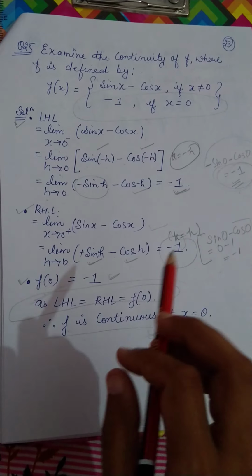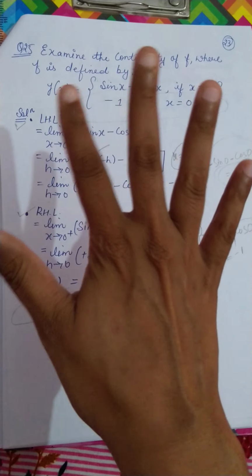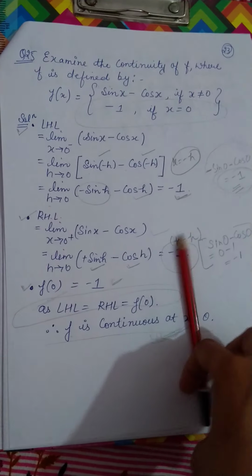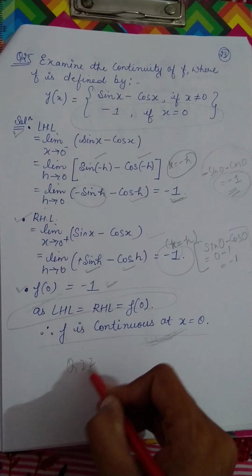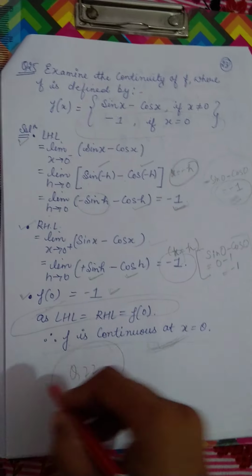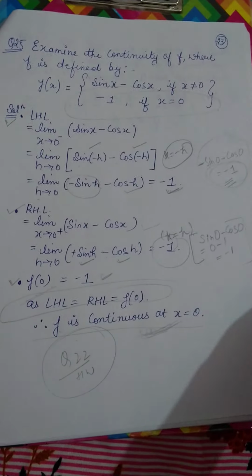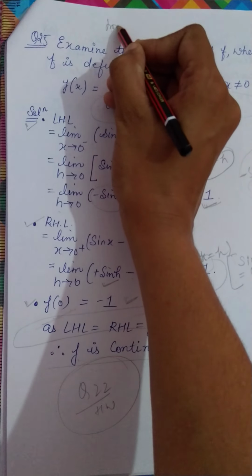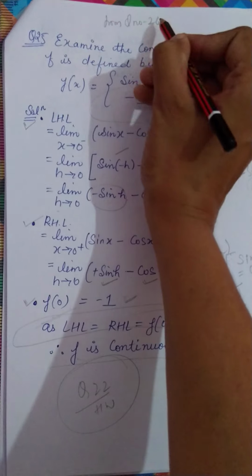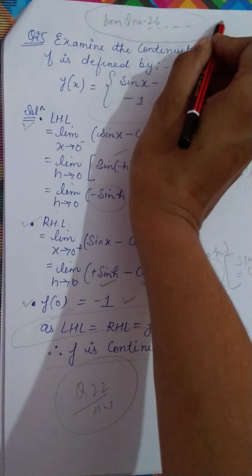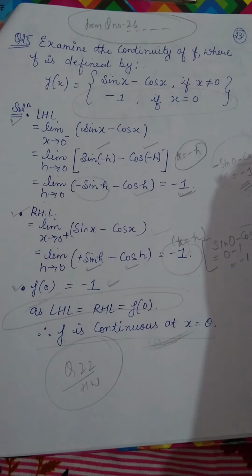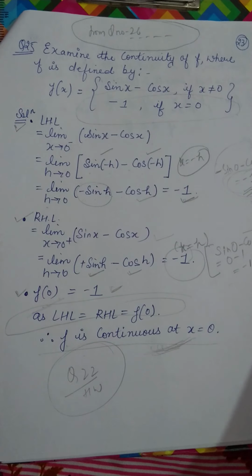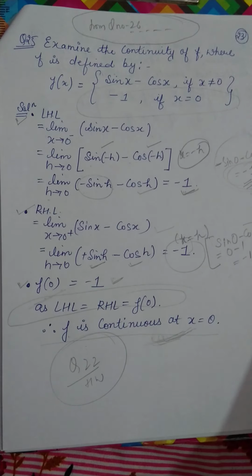Clear, bache? I have discussed with you 5 questions, 21, 22, 23, 24, 25. Out of this, question number 22 is given as homework. Now I am telling you about your next class. In next class, I will discuss with you from question number 26 to the remaining parts. In the next video lecture, I will provide you the solution and videos from question number 26 onwards, and hope you are doing well at home, beta.